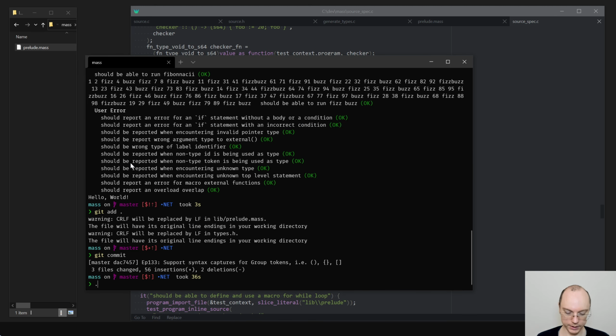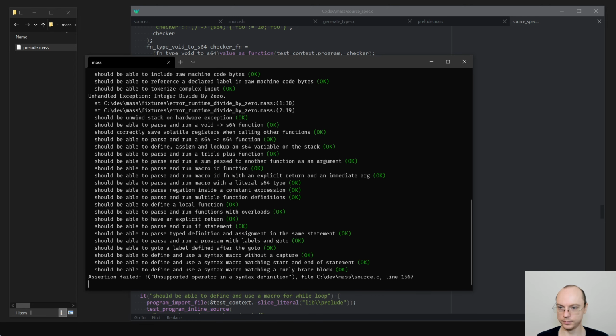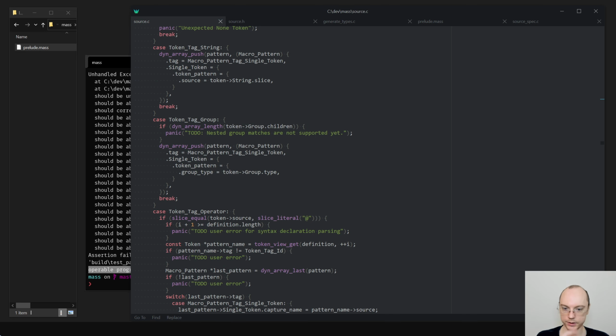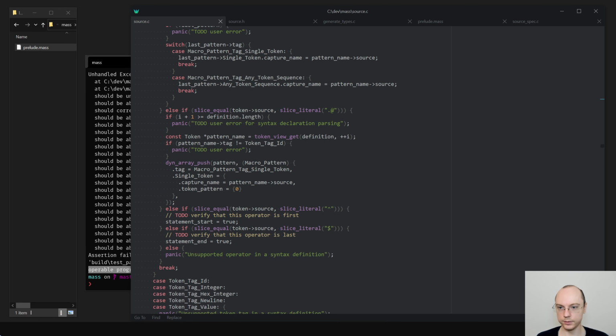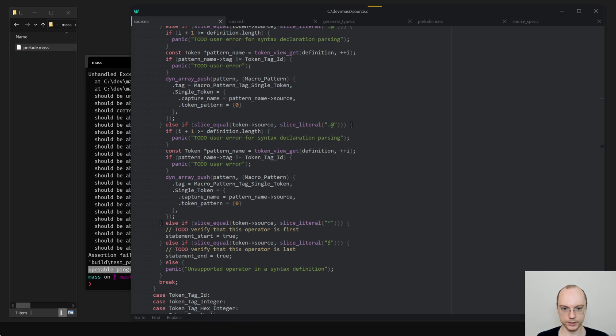But first we'll have an error because we don't know what to do with add. Yep, unsupported operator in syntax definition. So that is fine. And for now, I'm not caring about copy pasting. I will do a separate pass and take care of that.